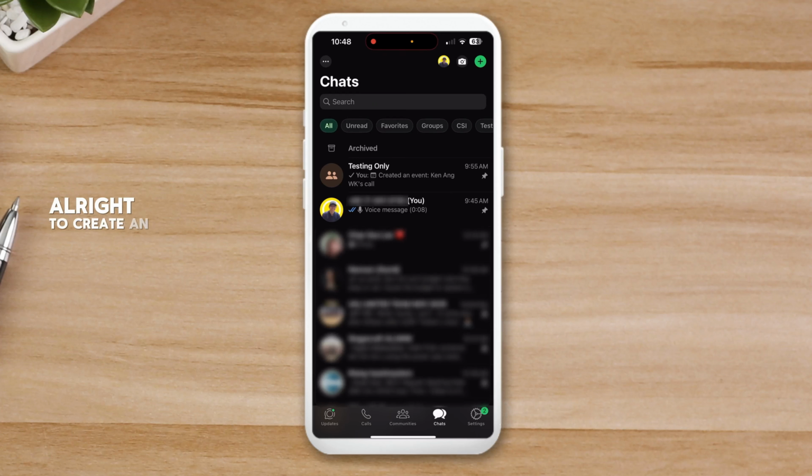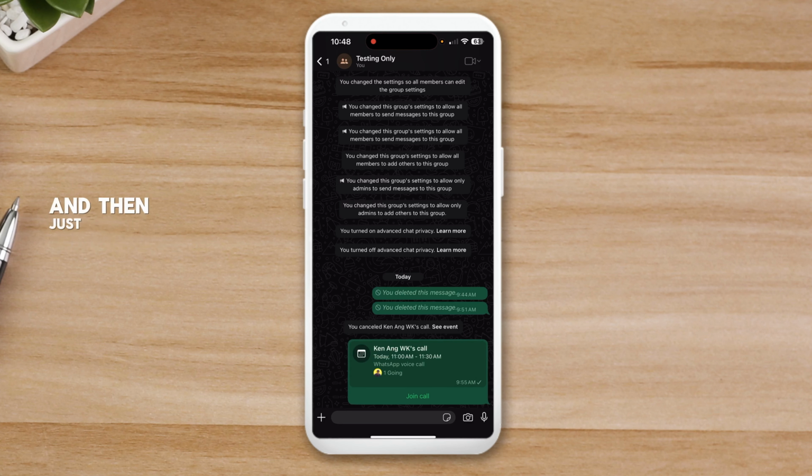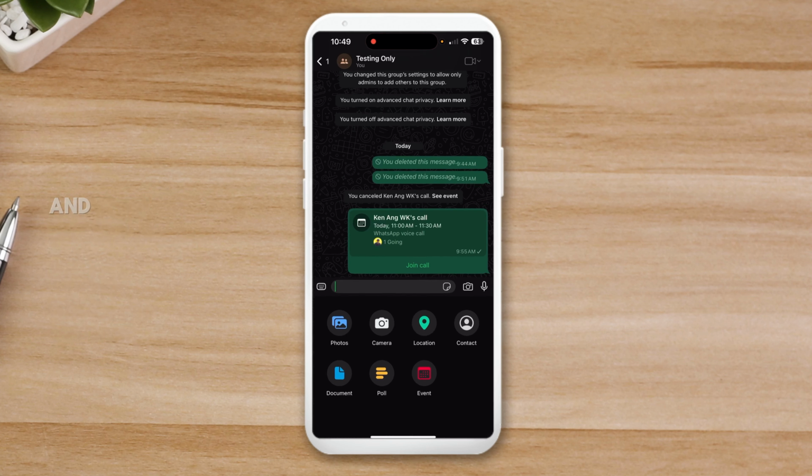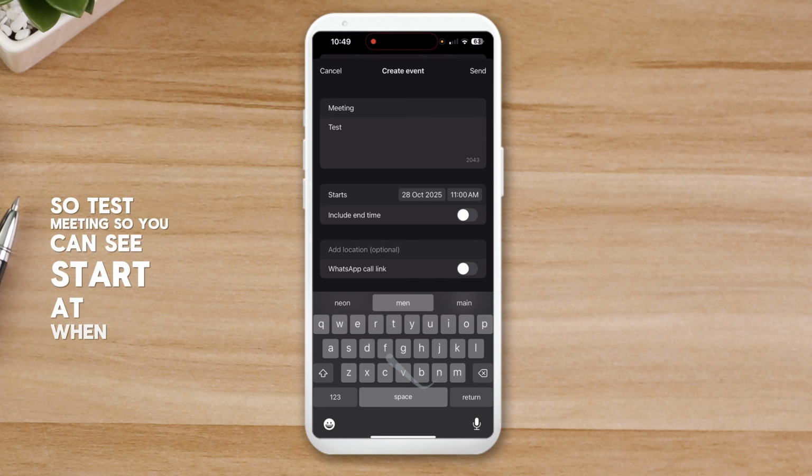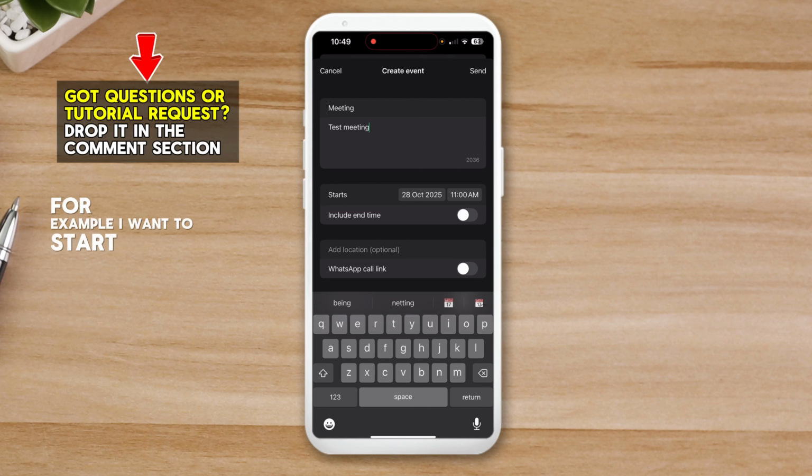Alright, to create an event, just go to any individual or group chat. For example, I go to Testing Only, okay? And then just click on the plus icon at the left and then click on Events. And then you can click on event name. So for example, you put meeting, so Test Meeting. So you can see start at when. For example, I want to start at